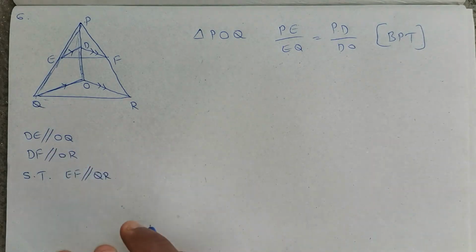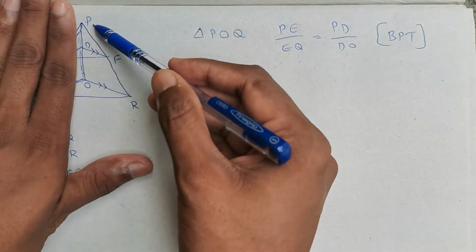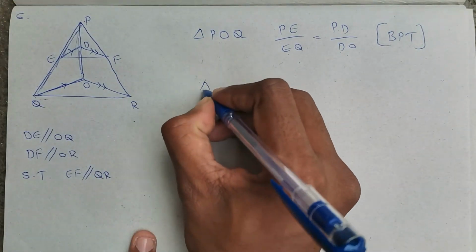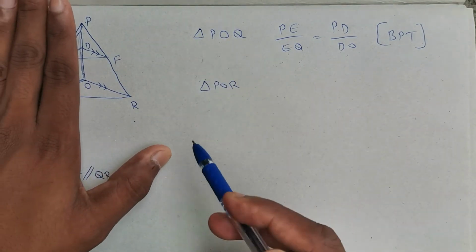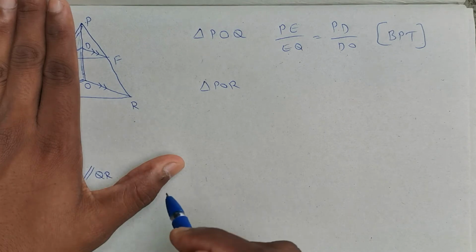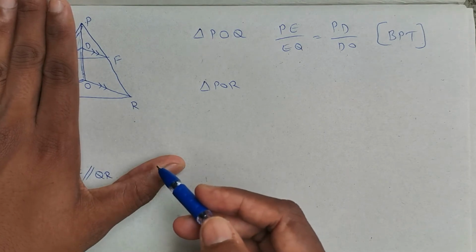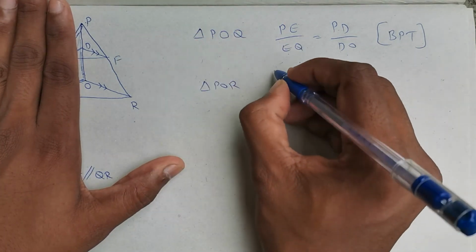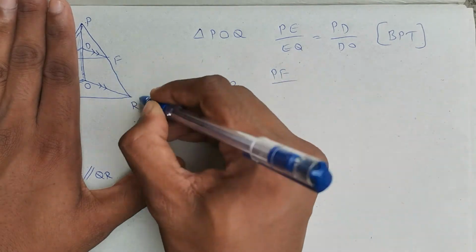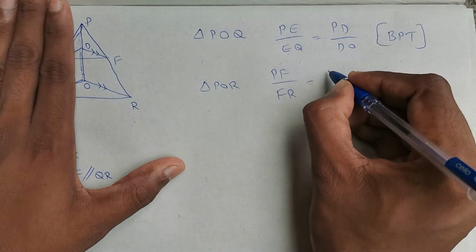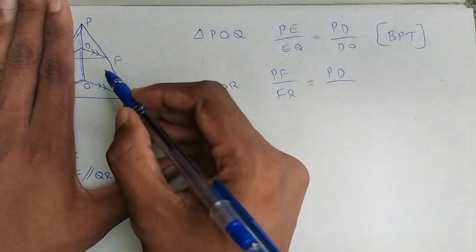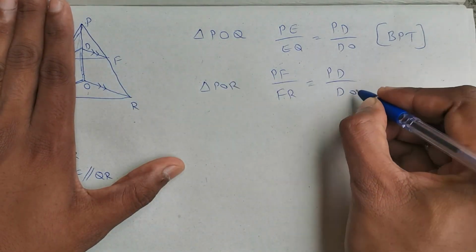Now I will take this right side part, triangle POR. If we take this triangle POR, DF is parallel to OR. So here also I will write the same. Upper part PF divided by lower part FR is equal to upper part PD divided by lower part DO by